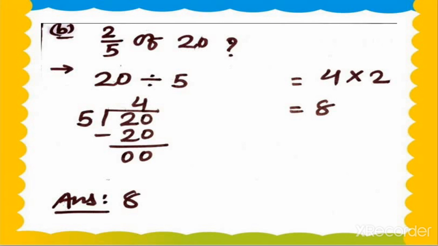Okay, now what is today's homework? Example number 1 and 2. Write them 2 times in your rough book, and question number 1, A or B, you write in your fair book 1 time. Okay, and today only we do the